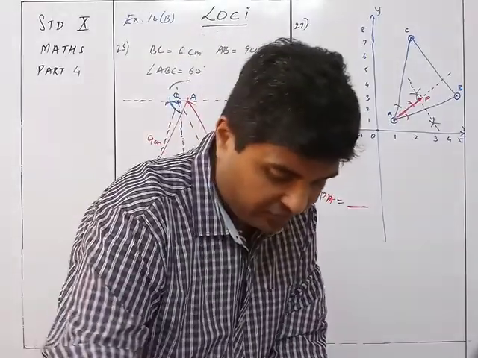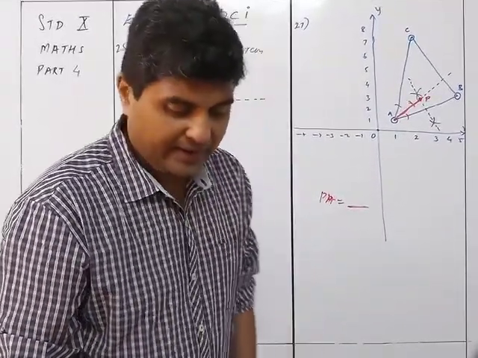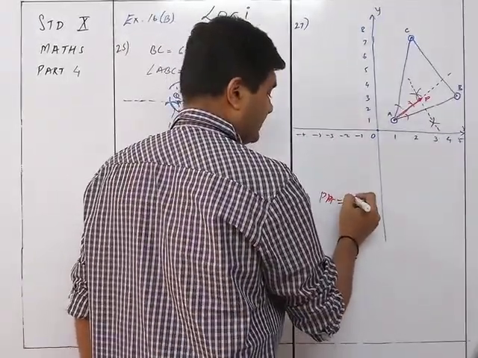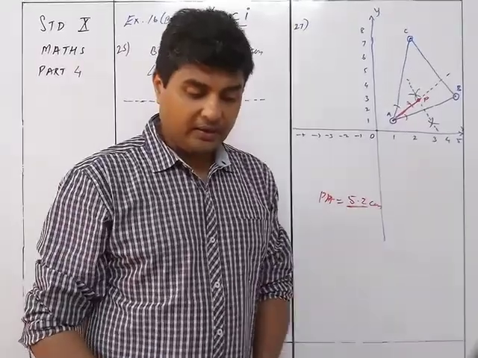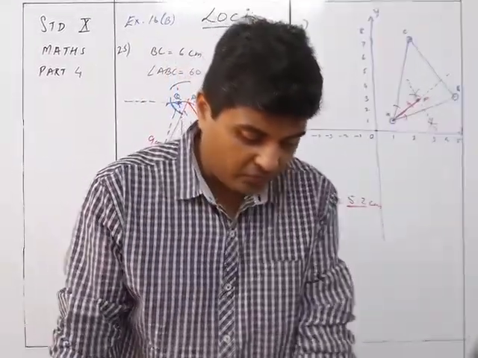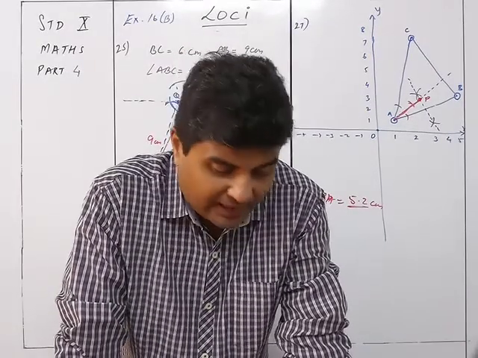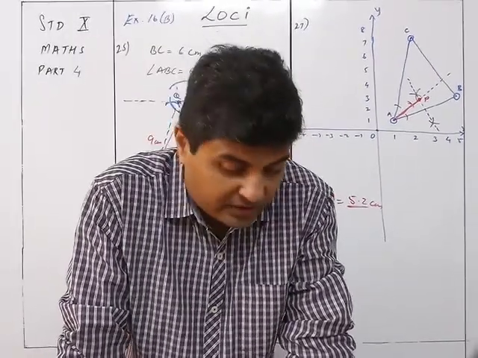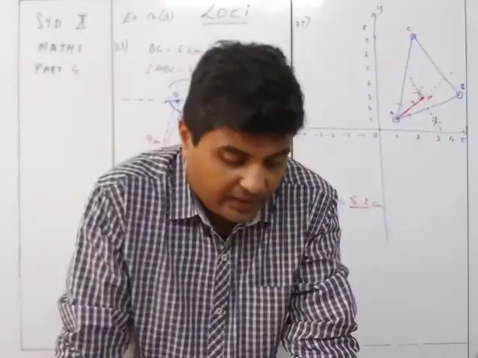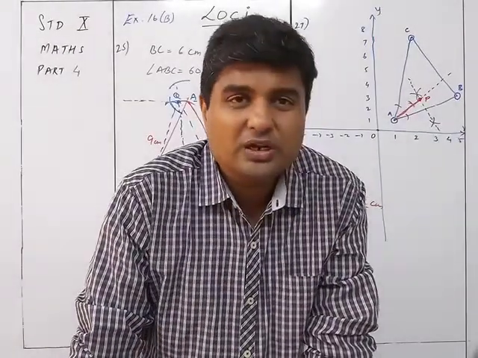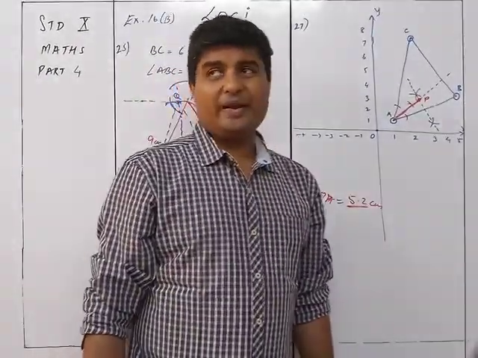So PA is equal to some centimeters. According to the answer from the backside, it is 5.18 centimeters. You cannot have 5.18, you can just have 5.2 centimeters. You do not have anything over there which is going to give you 5.18 centimeters. उतना accuracy वाला कोई scale नहीं होगा, so you can just write it as 5.2 centimeters. So 5.1 is okay. So that is question number 27. We now move on to question number 29.